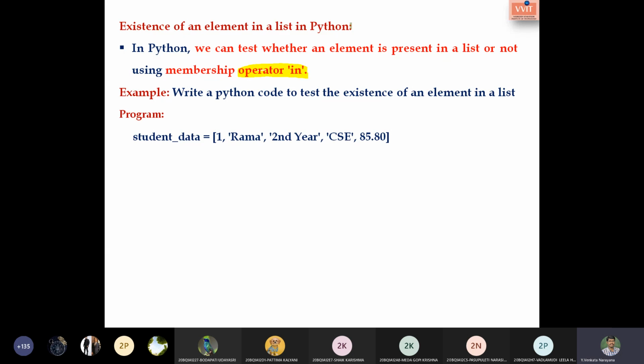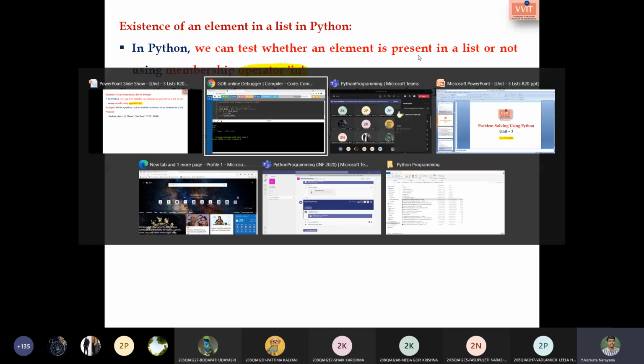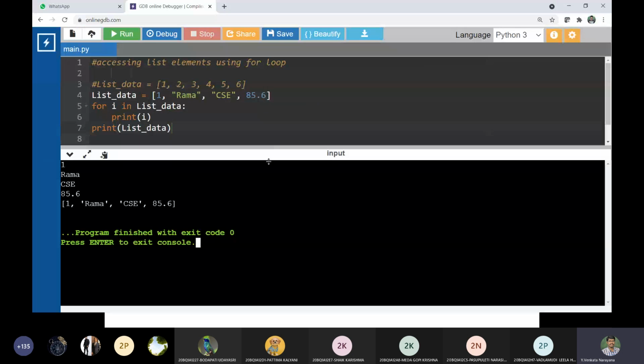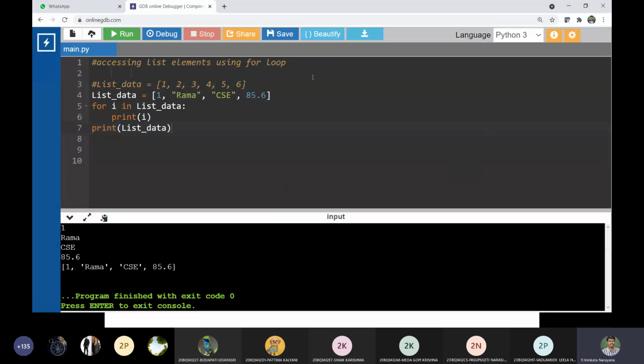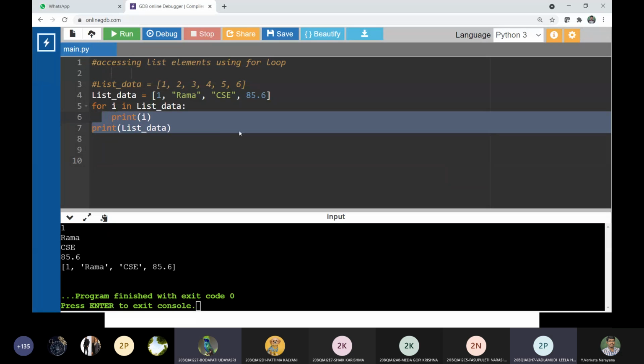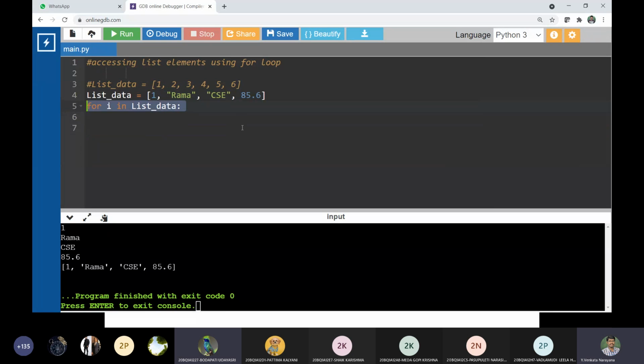So I am moving towards the online compiler. Students, is this clear? Yes, sir. So how is it possible to check whether it is present in that particular list or not? I think it will be done by using if.